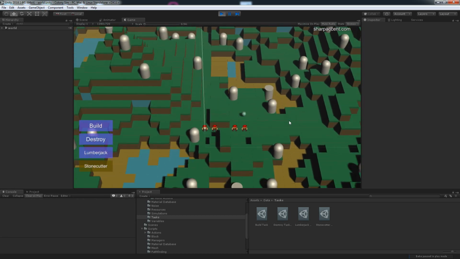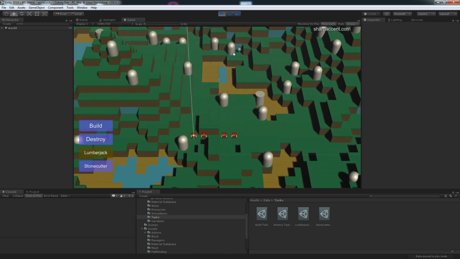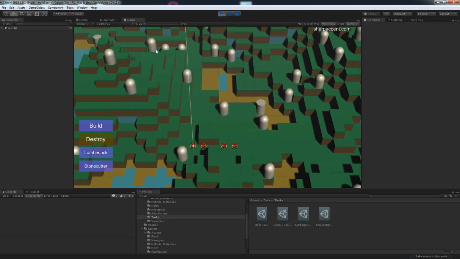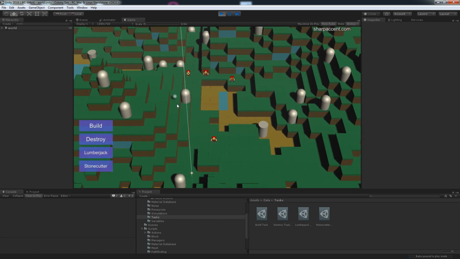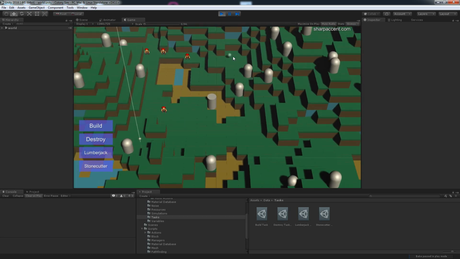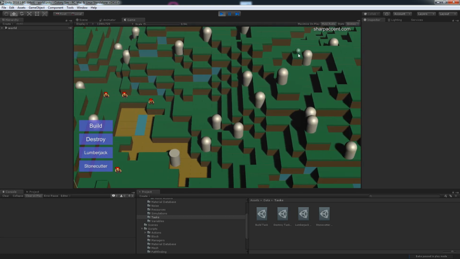I'm going to hit lumberjack. I think the capsules are the trees, so I'm going to do it like this. I think it's a little bit off with the highlighting, and as you can see, they go and cut down trees, and I think that should also work no matter where we have placed